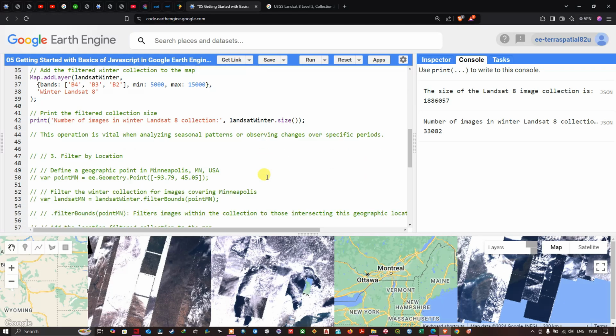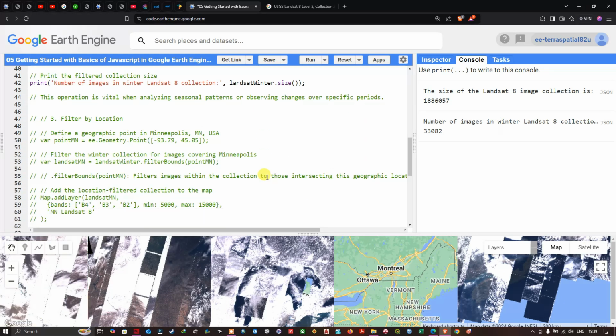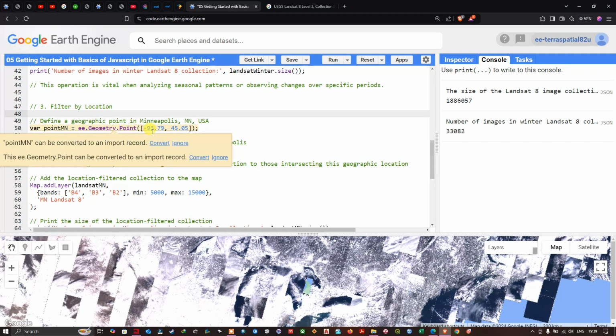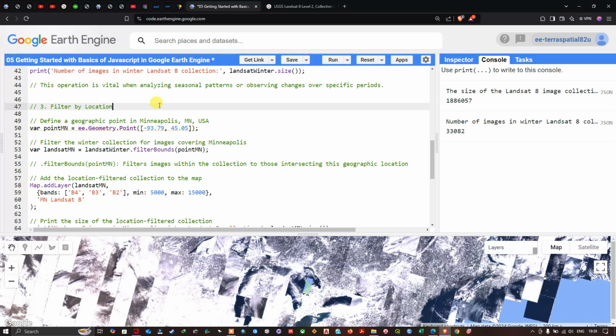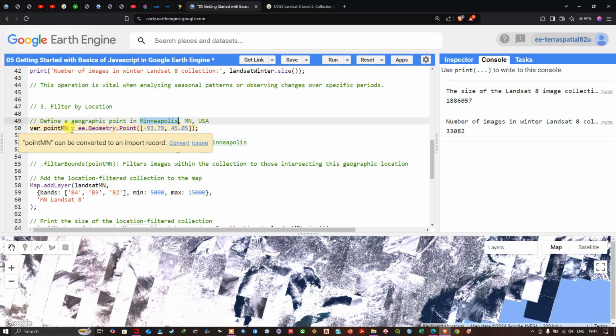The next operation is we're gonna focus on filter by location. To filter by location, we are going to define a geographic point in Minneapolis, USA. To define a geographic point, it is simple. We have to define the latitude and longitude. To do that, we define this variable called point MN, which is referring to this particular study region, Minneapolis, and variable point MN equals to